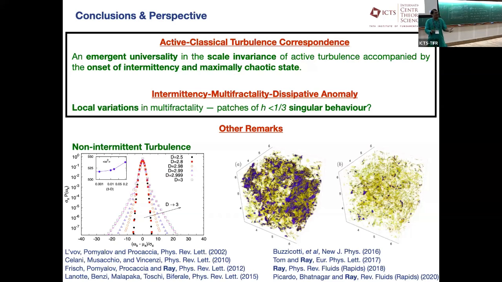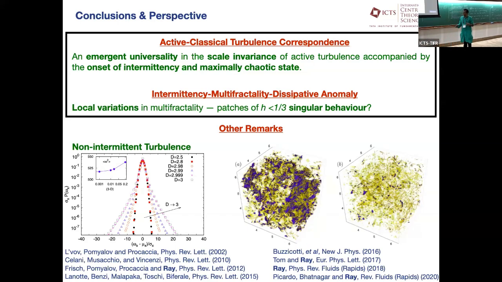The other, which I find fascinating, and Luca has worked on it a lot as well, is the issue of: can we gain a little bit more by looking at non-intermittent turbulence? So this plot of the velocity gradients, or the vorticity, from the paper referred to somewhere here, was to show that there is a way in which you can surgically tune the triadic interactions and end up getting non-intermittent turbulence. And we've also worked on this,